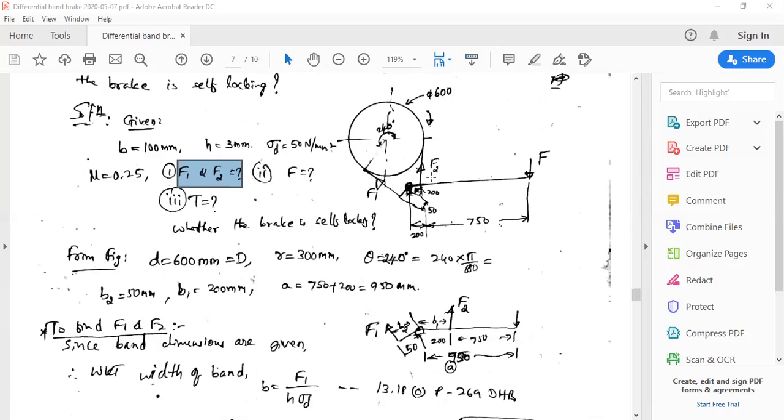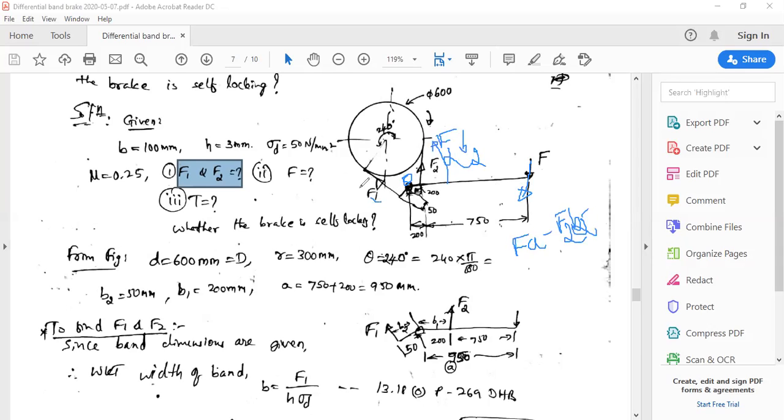the concept of equilibrium, where the summation of moments is taken about a fulcrum point and equated to zero. So if I take moment about the fulcrum point O and equate the summation of moments to zero: here F is giving the moment in the clockwise direction, so I will take this itself as the first term, F into a, F into the perpendicular distance. Then F2 is giving the moment in this direction, that is F2 multiplied by the perpendicular distance, that is b2. So minus F2 b2.